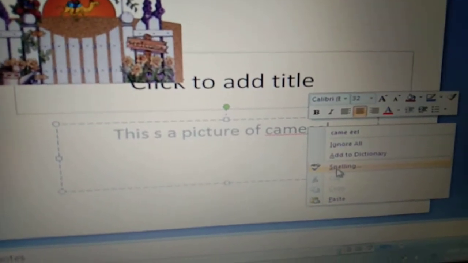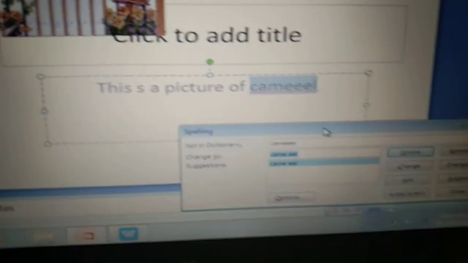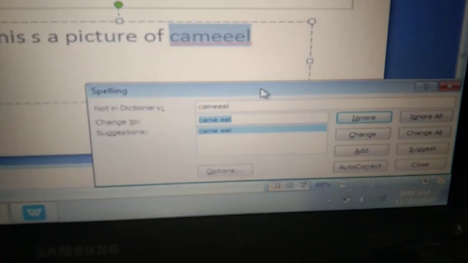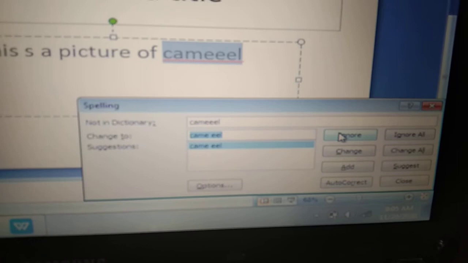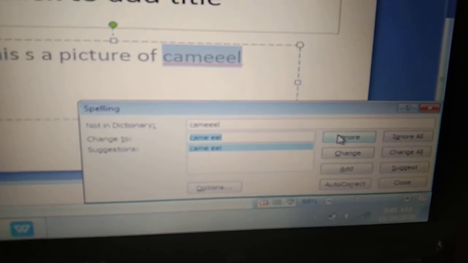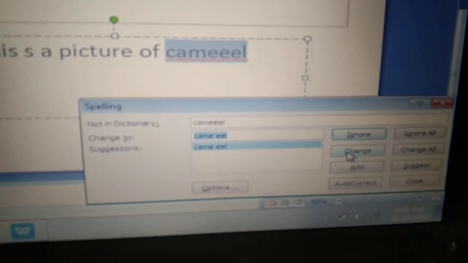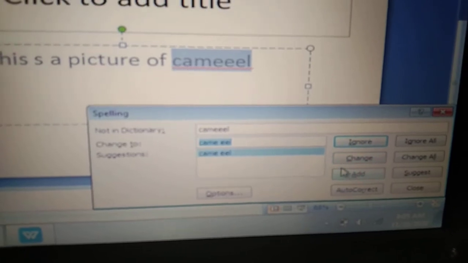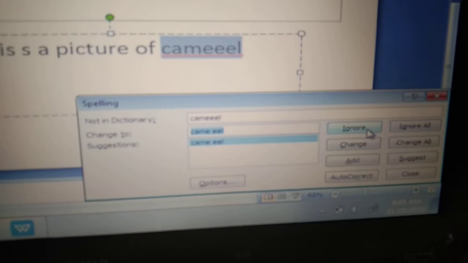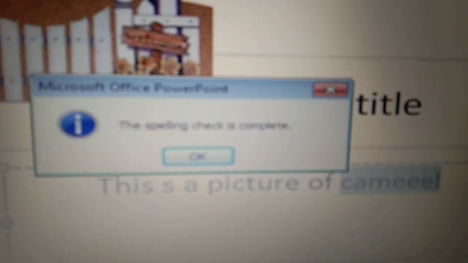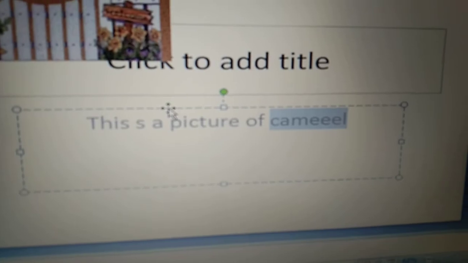We can simply click on it. This type of window appears, then it asks us whether we want to ignore the spelling, or make a change, or add. Like here I want to ignore the spelling, so I simply click on the ignore button. Then it says the spelling check is complete, so okay. It means there is no change in the spelling.